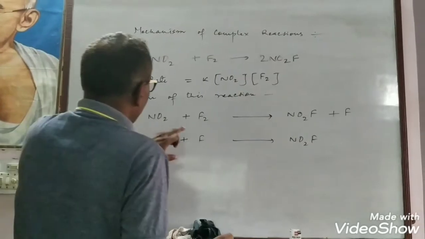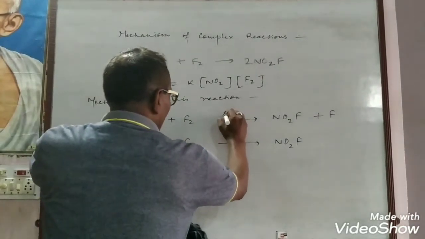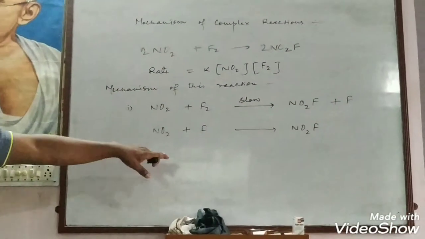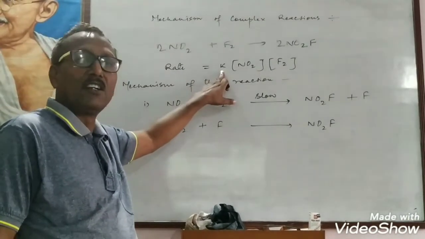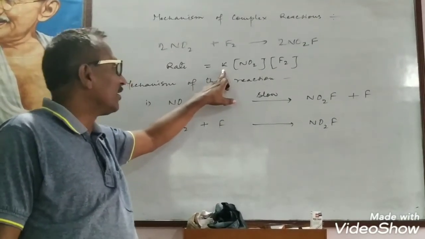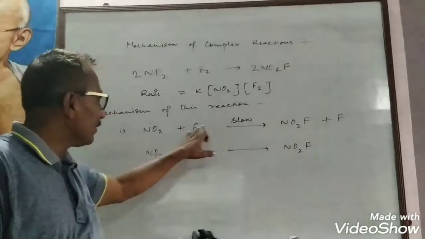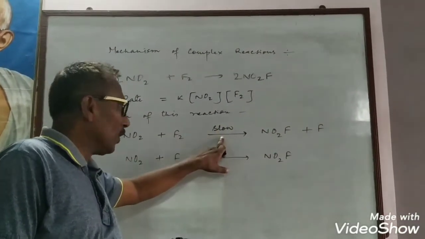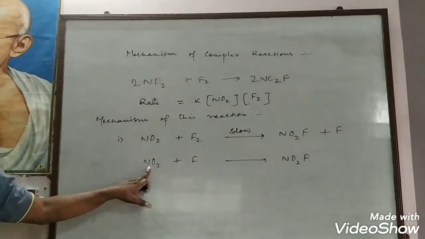Now first step is slow step. This is slow step. Why slow step? Because this step comes from rate law. So rate law is determined by slow step of the reaction. That's why first reaction is slow step of the reaction. And